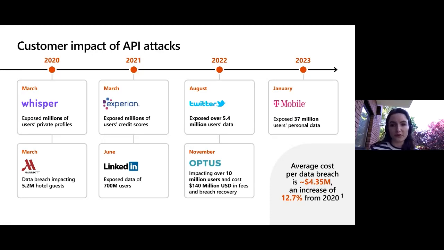And of course, there was also an attack earlier this year as well. We know that the average cost per data breach is 4.35 million, and it will keep increasing. So there are a lot of API attacks that have occurred, and they will keep occurring. We need to find a way to better protect our APIs.